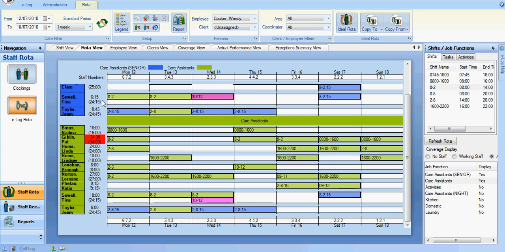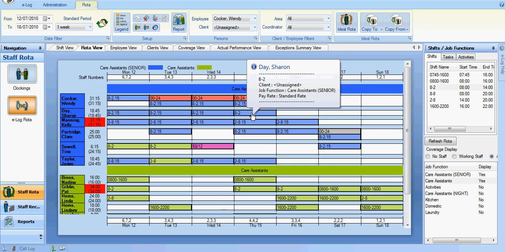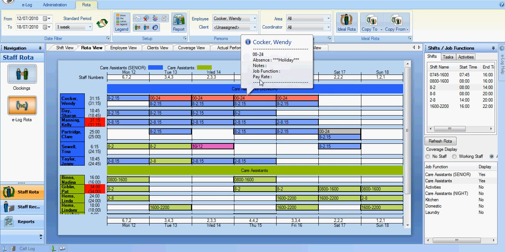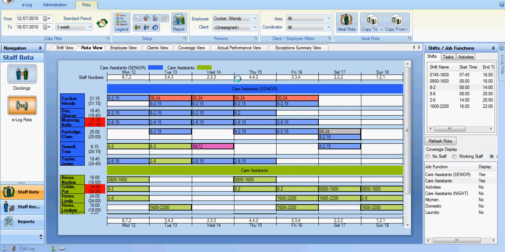She now jumps to the upper part of the rota, and it confirms in green now that we are correctly covered for that particular period. If I now go back to the rota view, I will now see that in the senior care assistant function that Sharon is now working on the